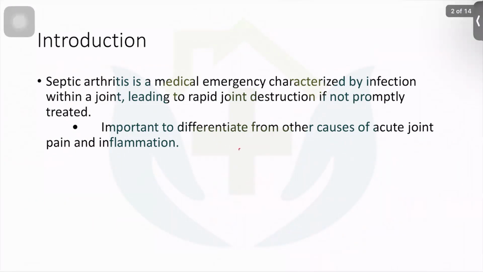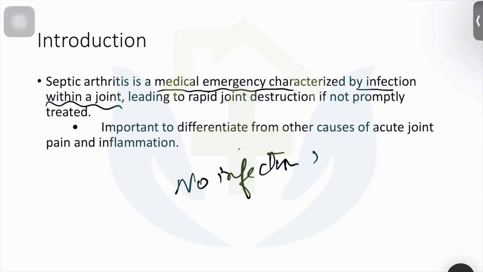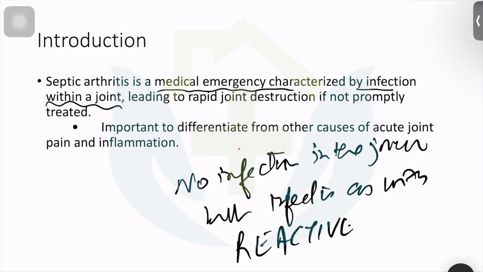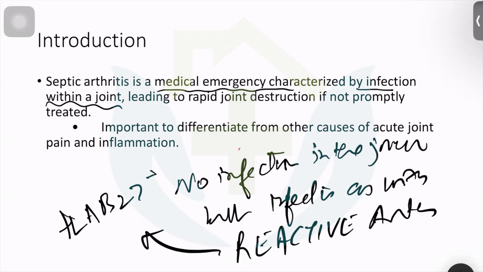Okay. So septic arthritis is a medical emergency. So you have to act very fast. It is caused by infection within the joint. If there is no infection in the joint, but infection is directly associated with arthritis, this is known as reactive arthritis. Then it is HLA-B27 positive. That is reactive arthritis. But if the infection is found within the joint, it is septic arthritis, and it is